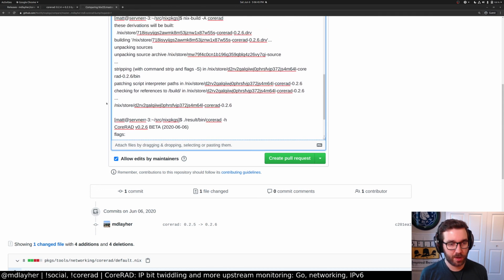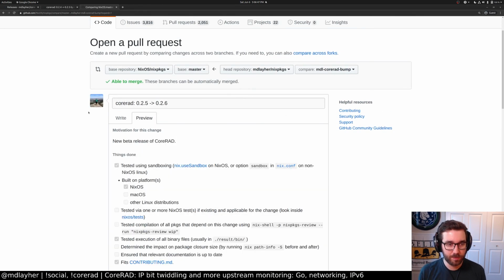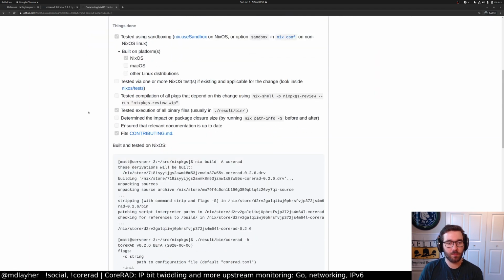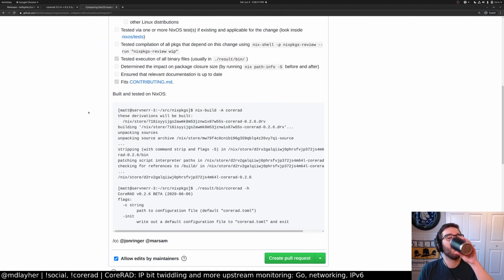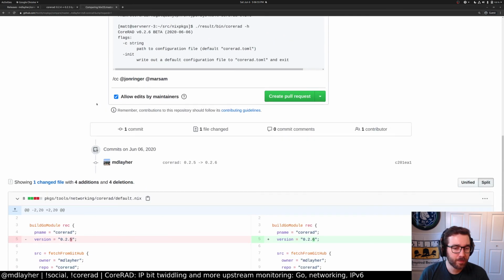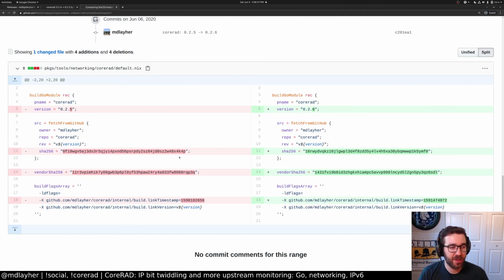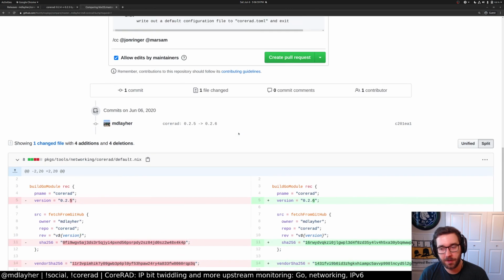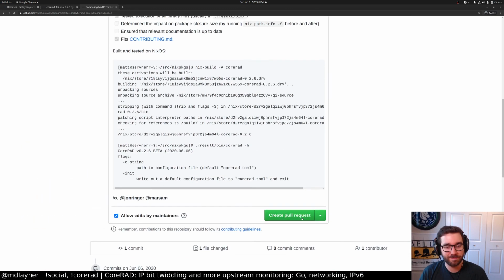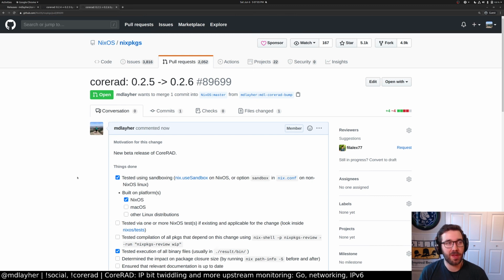There we go. 026, new hash, new vendor, new timestamp. Awesome. We did it. So now we create the pull request, and when this gets merged, I update my NixOS unstable channel, and the binary will update automatically. So that'll be easy enough.